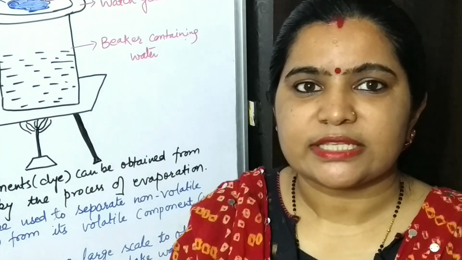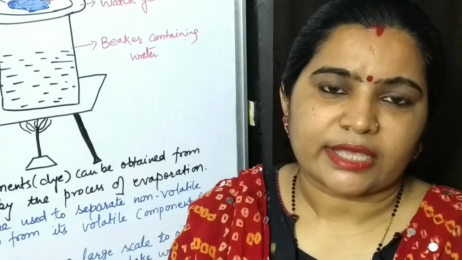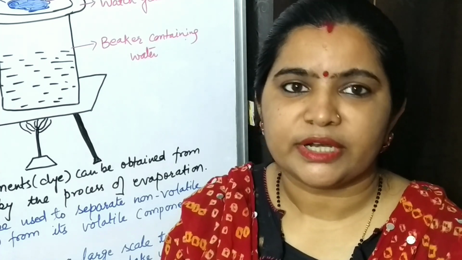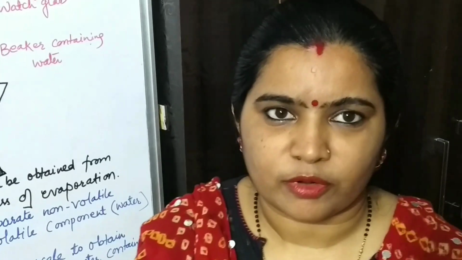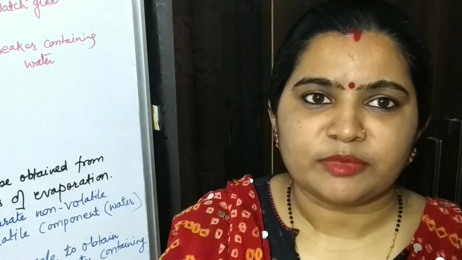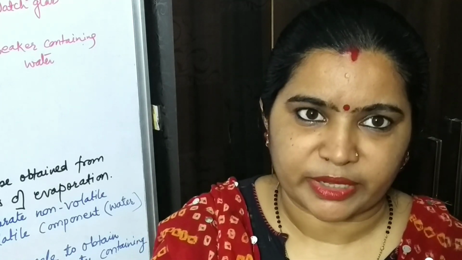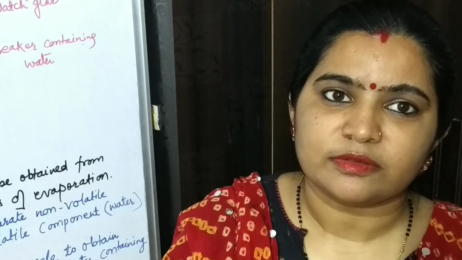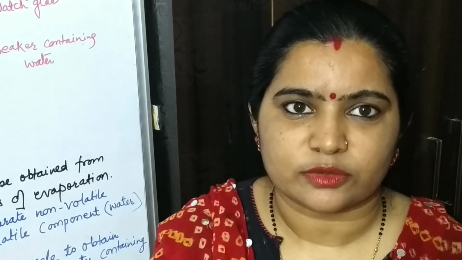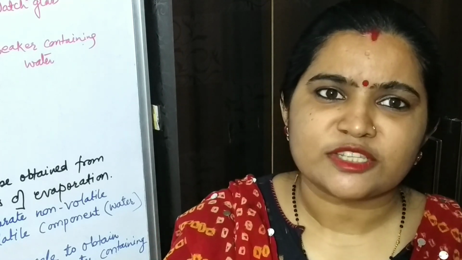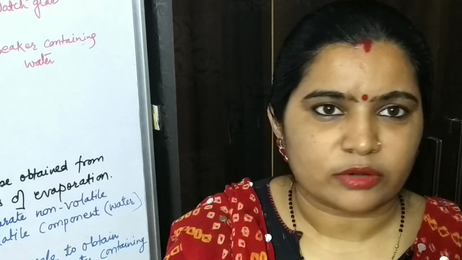One question arises in our mind: what is the need to separate them out? See, actually, why do we separate some components which are present in nature? To get them in a pure form. So to get them in a pure form, we sometimes need purification or separation methods, as we have discussed in previous videos. Two types of mixtures are there: homogeneous and heterogeneous. Heterogeneous mixtures can be easily separated by hand picking or sieving or filtration.